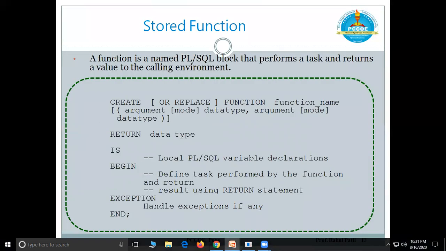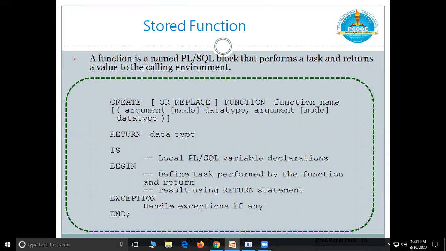This we have done. Now after this stored procedure, the another subprogram or PLSQL object is the stored function. It is similar to your procedure, because a function is a named PLSQL block. Procedure is also a named PLSQL block that performs a task.